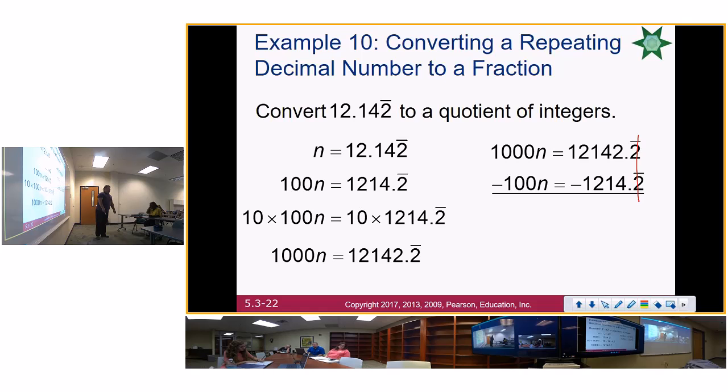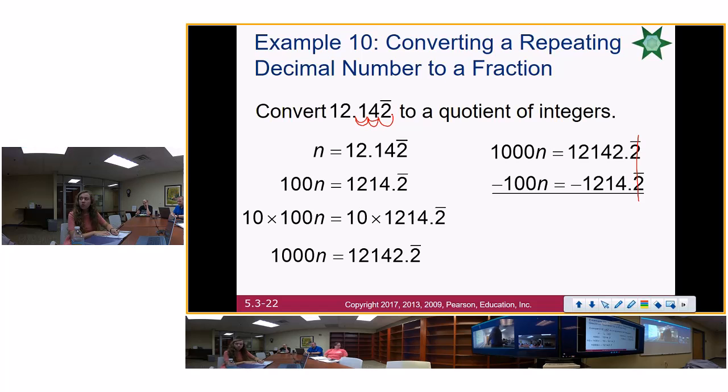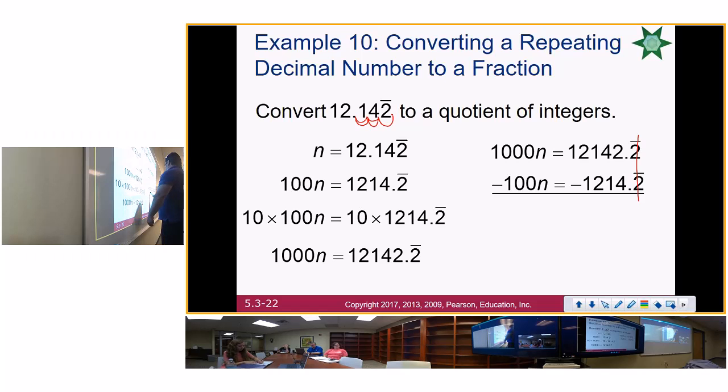That's what you're doing, you're trying to get rid of the repeating decimal. So in this case you multiply by 100, and then you multiply by 1,000, and then you subtract those two from each other. What is 1,000 minus 100? 900n is equal to,